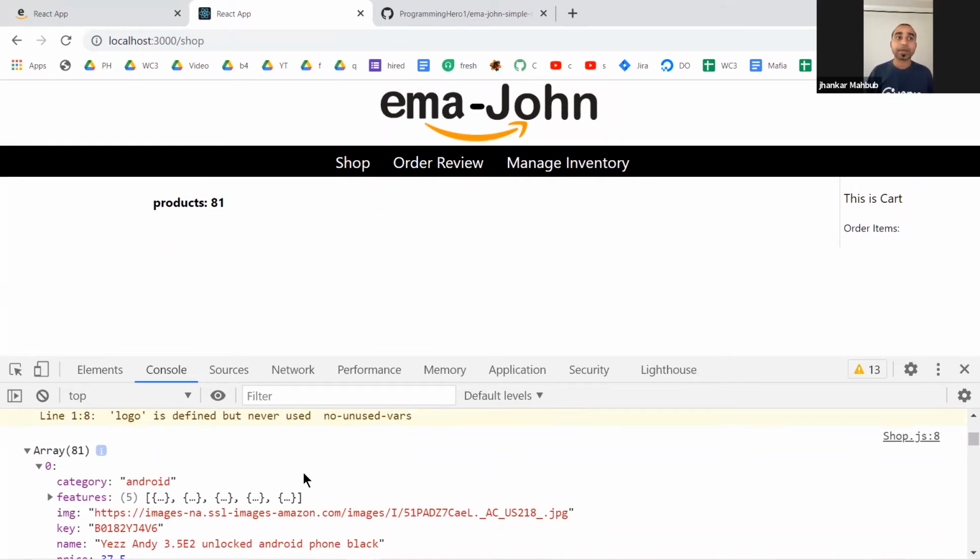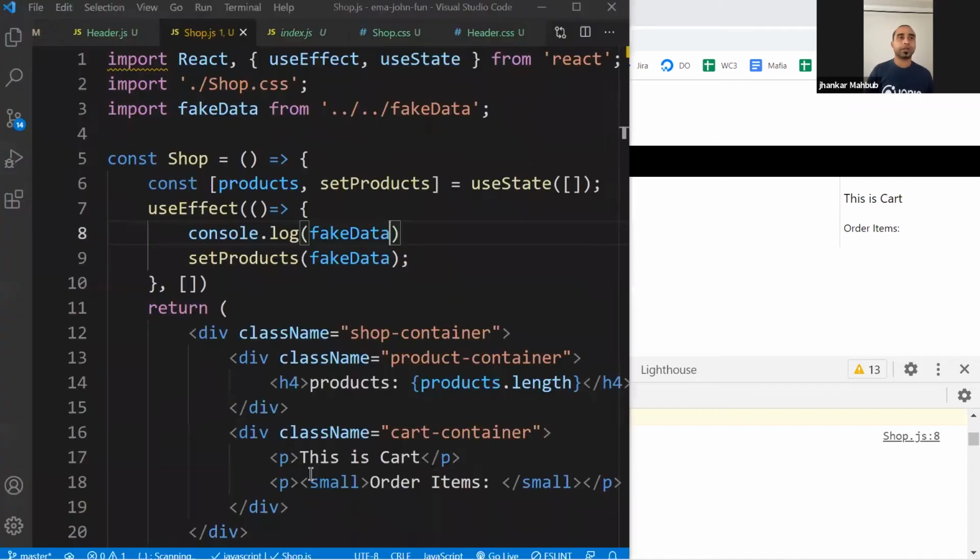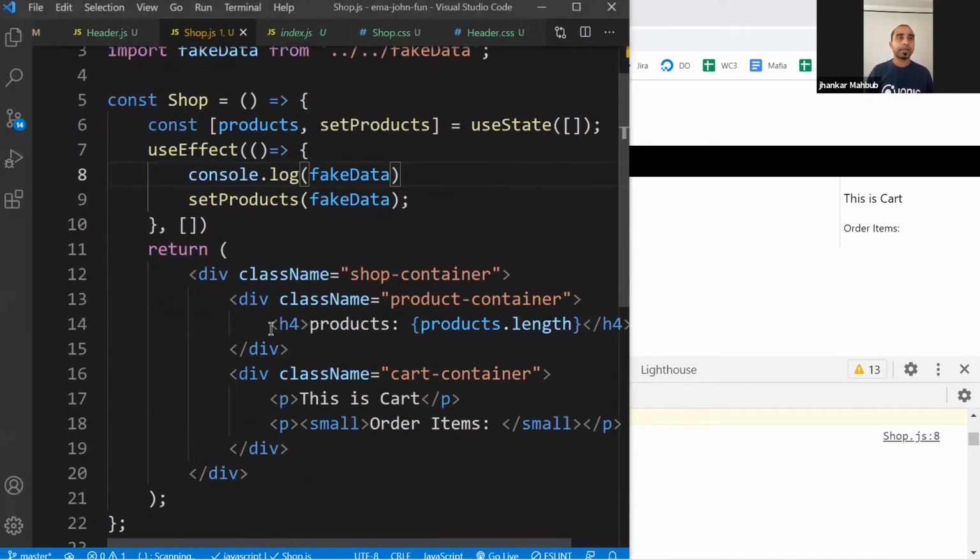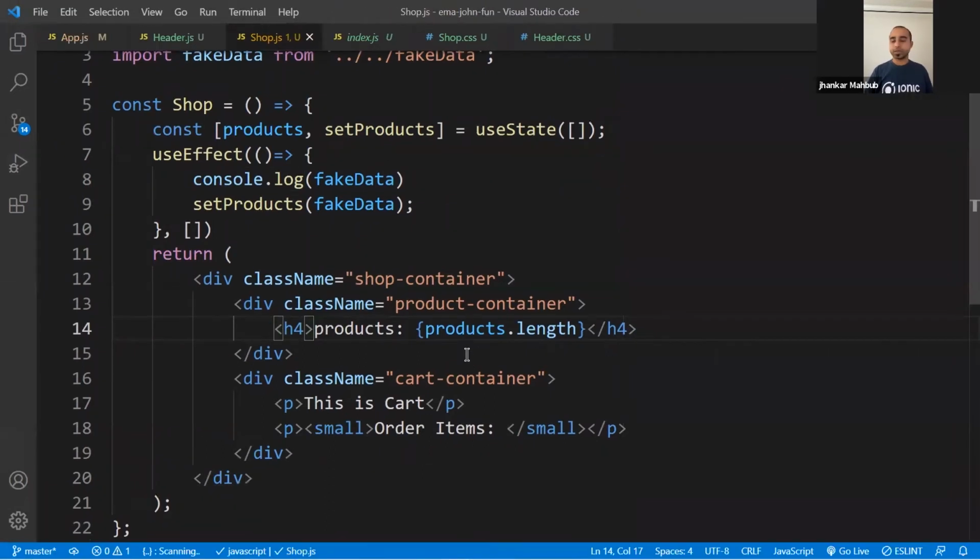And this product might have some features. Every product has a name, an image URL, a link, and a special key or ID that you can use for this purpose. We'll be utilizing all these things in a very nice way. So we come back here, and instead of showing how many products you have, you can say, hey, I would like to dynamically show the product name.